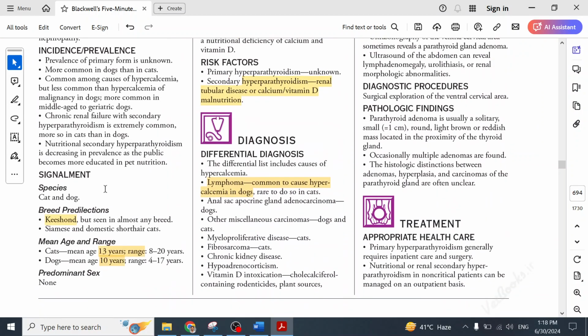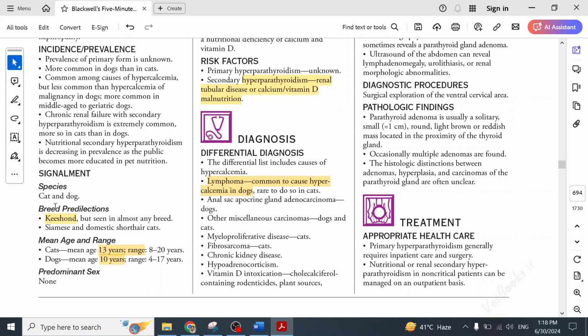So let's begin from the breed. It is common in both cats and dogs. Breed predisposition, if we say, Keeshond breeds are more prone towards hyperparathyroidism. Then mean age, we say that old age cats and dogs are more suspected of hyperparathyroidism. Then